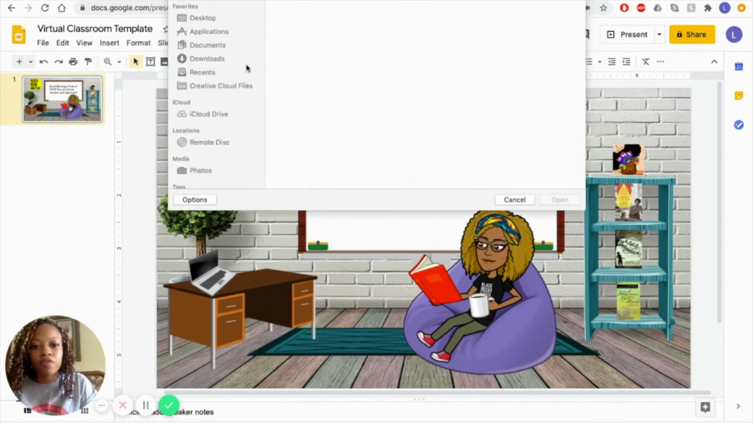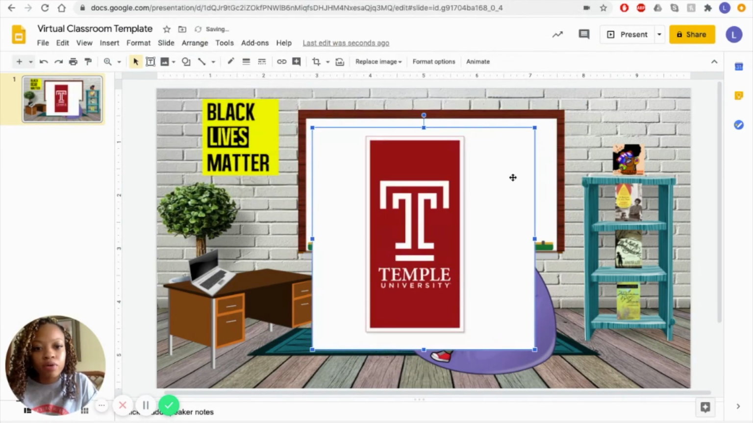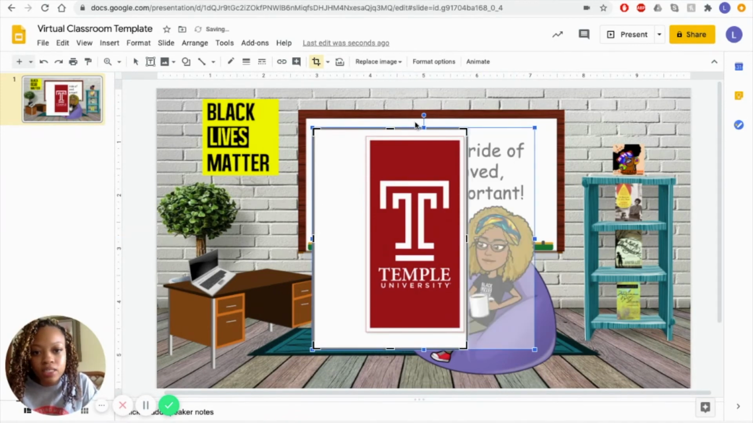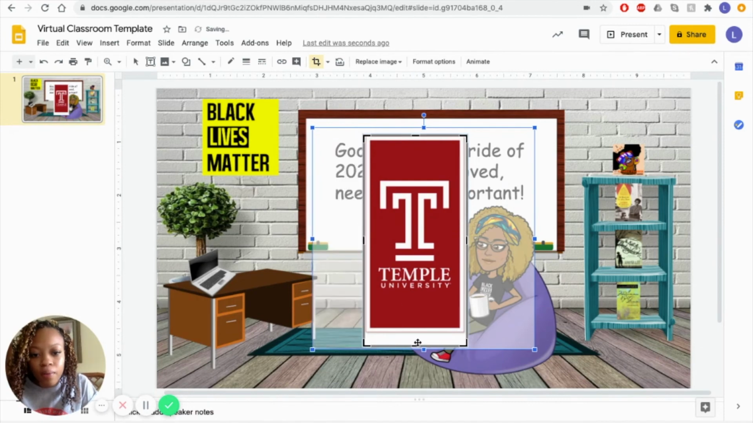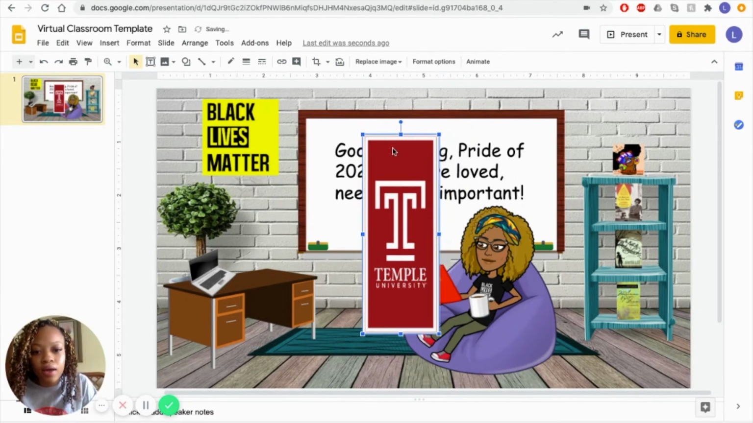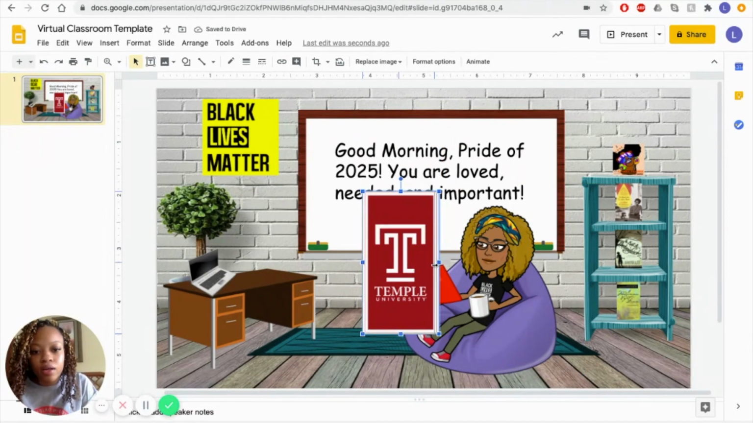The last couple of things that I'm going to add to my virtual classroom space, I'm going to also upload from my computer, and I'm just going to add my Temple logo. Temple is where I went to grad school. I'm going to crop this image since it's a poster. I don't mind some of the white spacing. Okay, and I'm going to make this banner thinner,